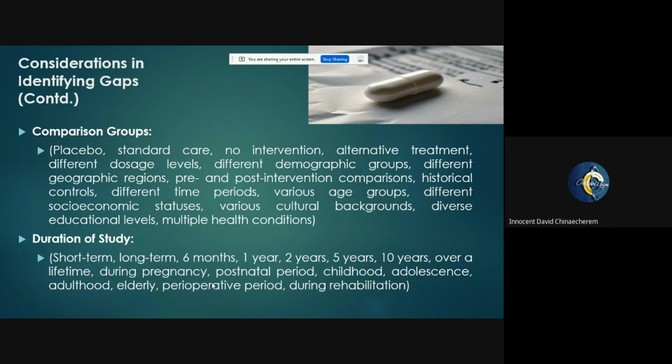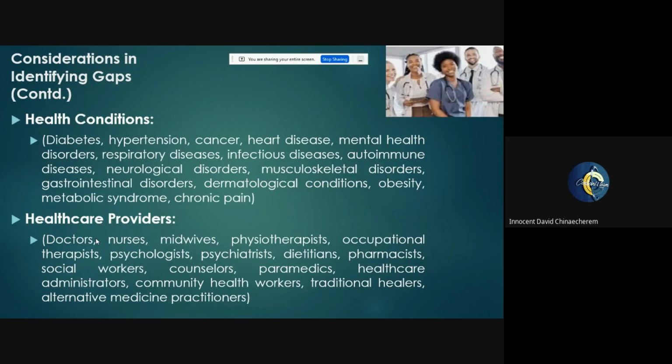So everything could be the same but different duration of study. So this is also another consideration that we put in. So there are still other areas where we need to look at, particularly when it's not really focused on the quantitative research question, such as the PICO framework, right? So what are other considerations that we could make in terms of our gap identification?